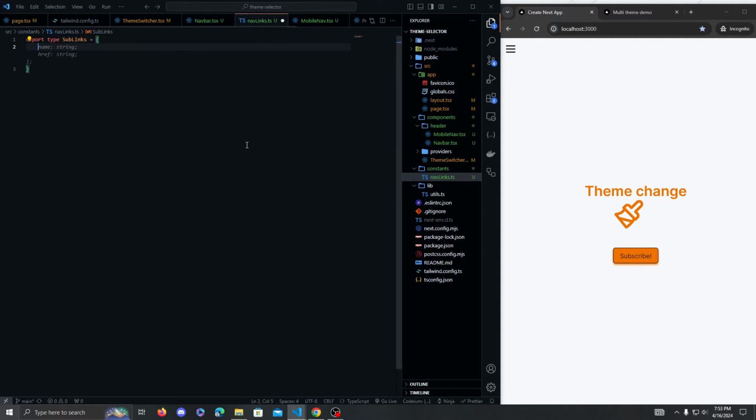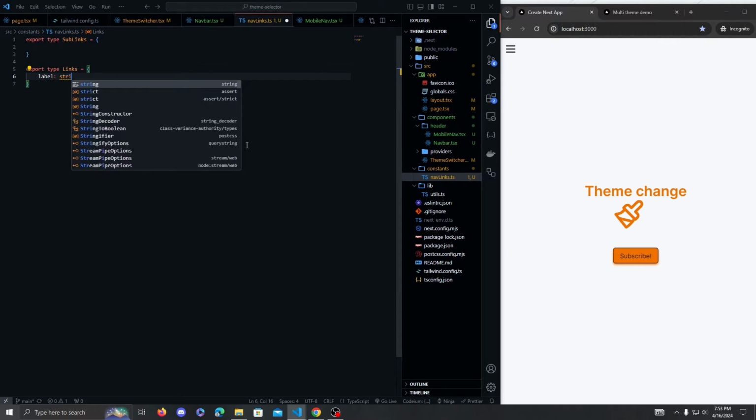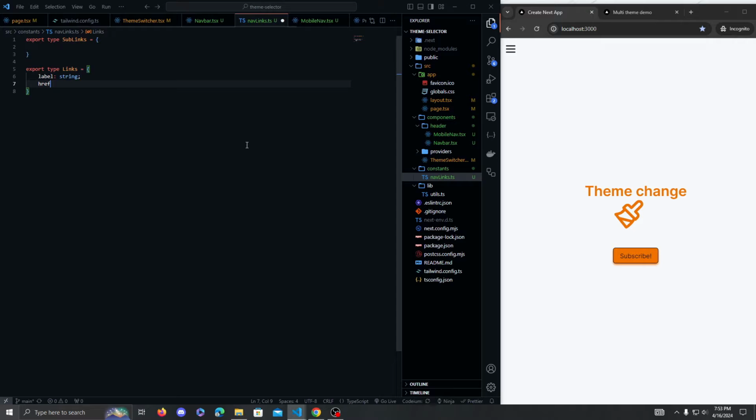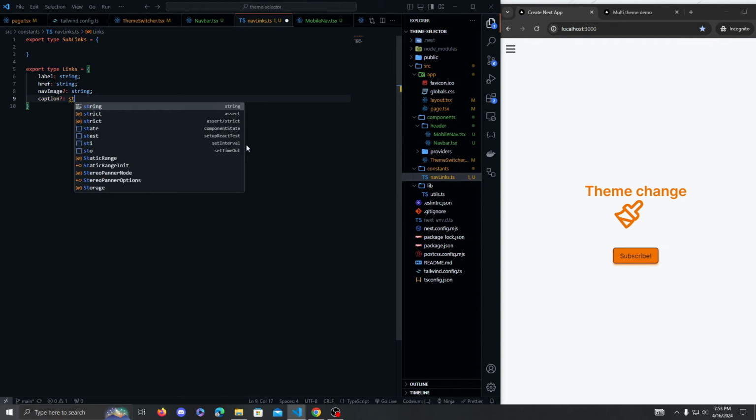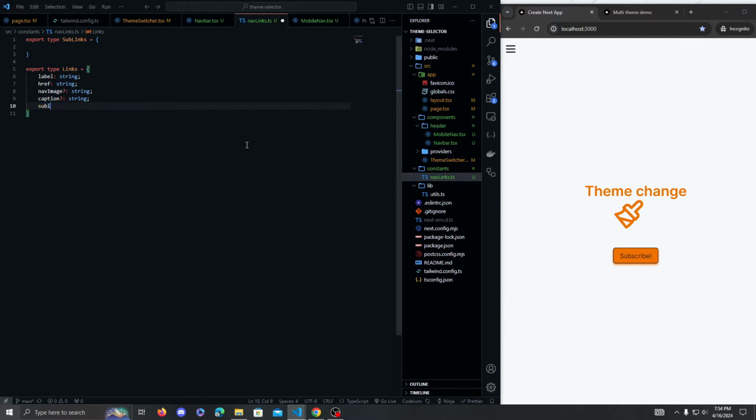So we're going to create a sublinks. Actually, before that, let's create the export type links, which is going to be label, string, href, string, nav image, which is optional. It'll be a string, caption, string, and then sublinks, which is optional, and it'll be of type sublinks, which we're going to go up here and define, which will be